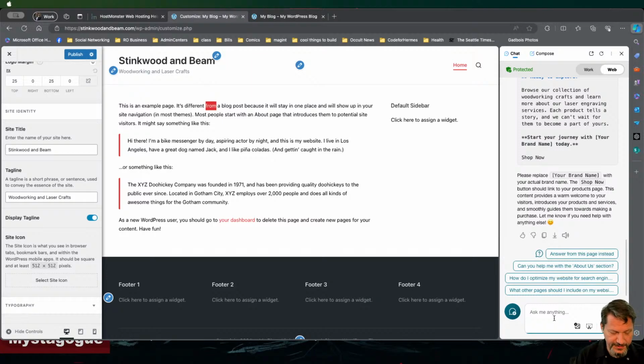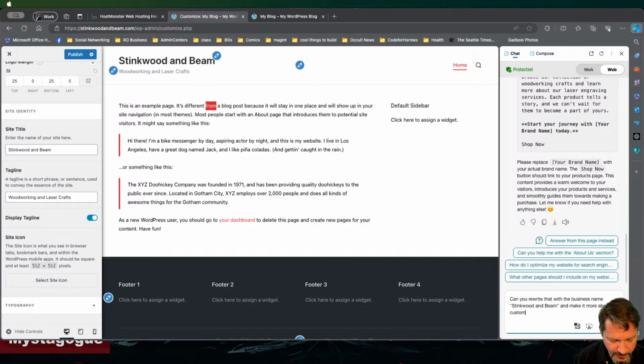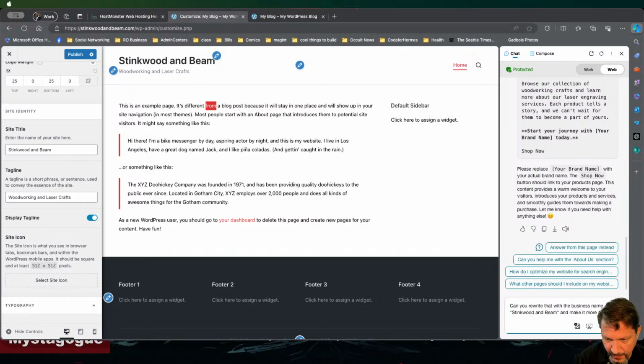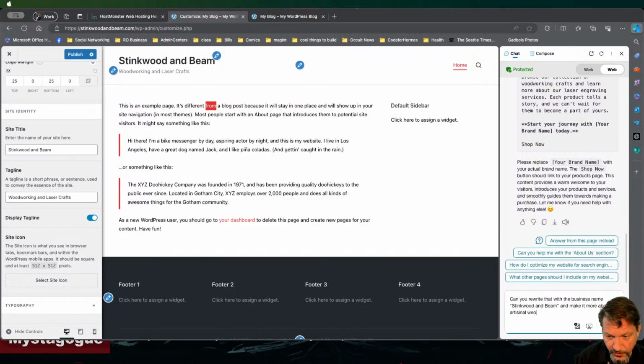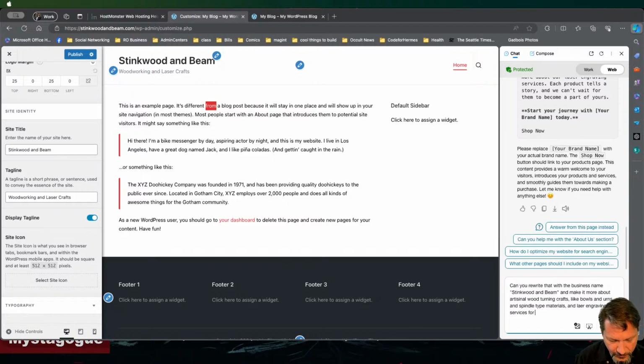Okay, so let me rephrase that. Can you rewrite that with the business name Stinkwood and Beam, and more about custom woodworking or artisanal wood crafts, wood turning crafts like bowls and urns and spindle type materials, and laser engraving services for things like pens or